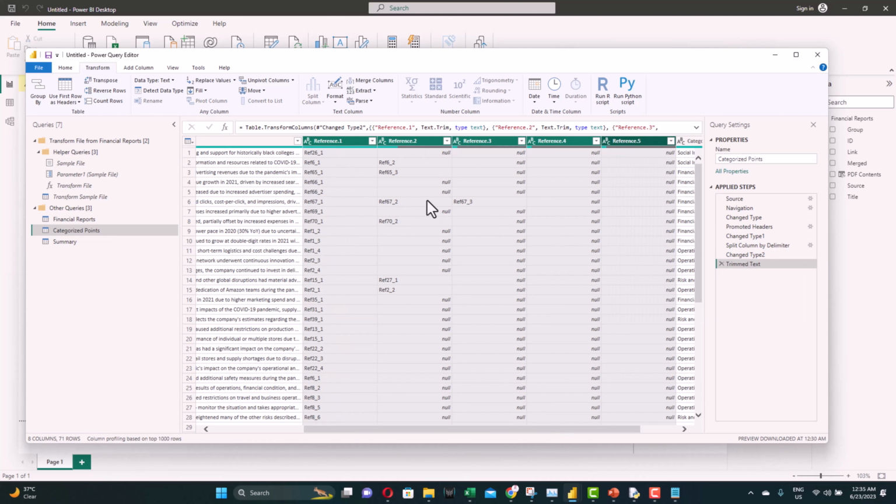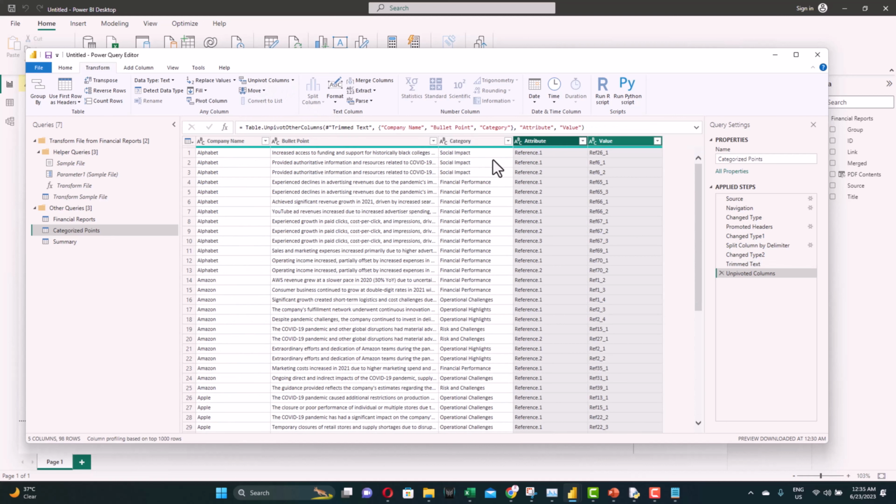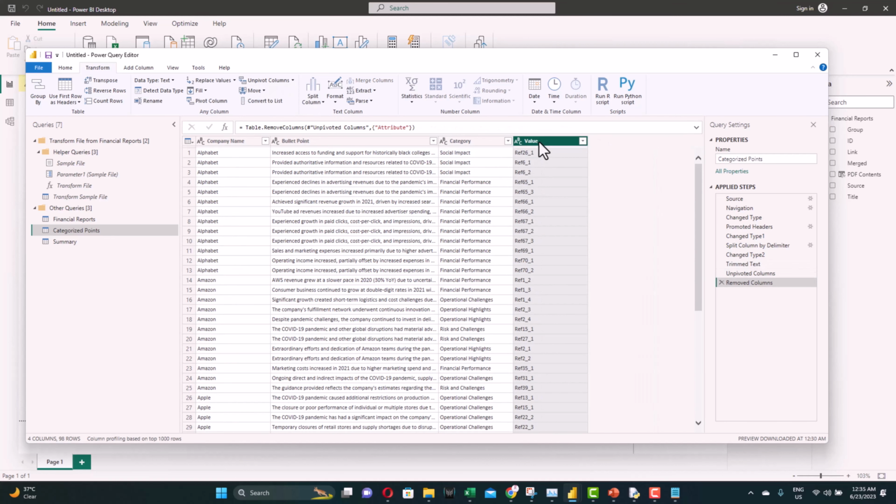The next thing you need to do while they are selected, go to unpivot columns, and here the columns converted to rows for us. We don't need this. Let's just rename this reference again. So this is the format we want, because we will use the reference as a link, and the bullet points and the categories grouping the references for us.